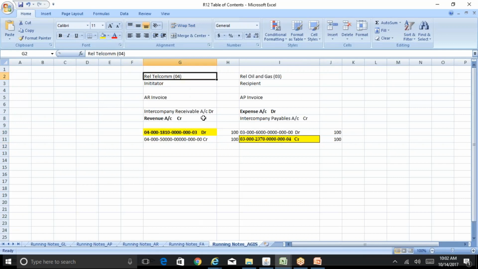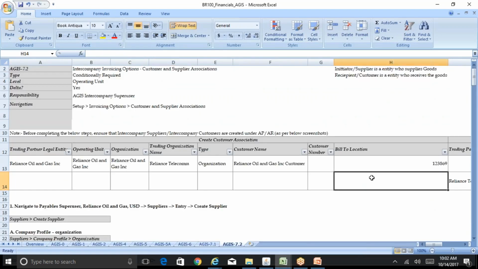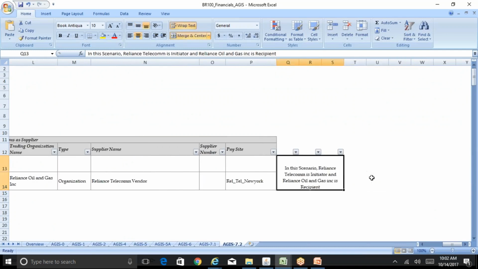Reliance Telecom is providing some services or selling some goods to Reliance Oil and Gas. Under Reliance Telecom you will create an AR invoice. Under Reliance Oil and Gas you will create an AP invoice. Let me double check that. Okay,